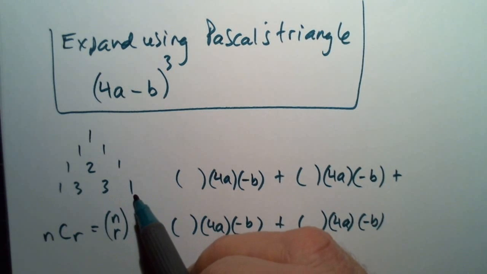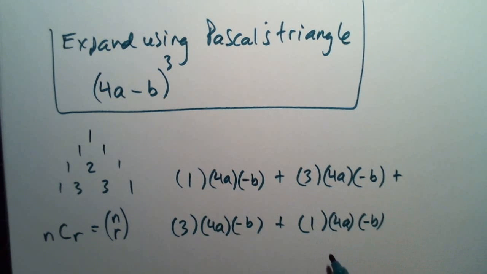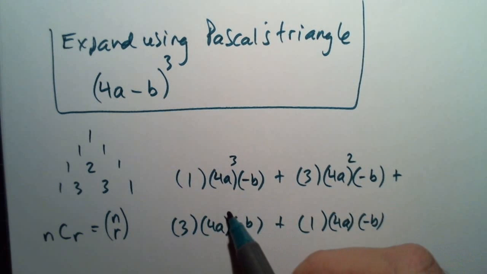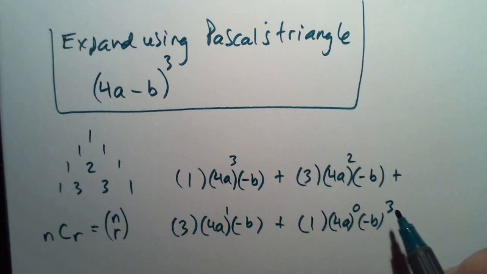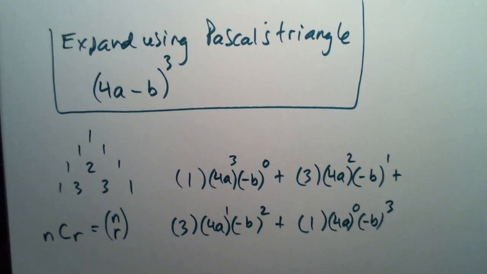1, 3, 3, 1. And then we need to start with 3 and count down. Start with 3 here. 2, 1, 0. Then we can just